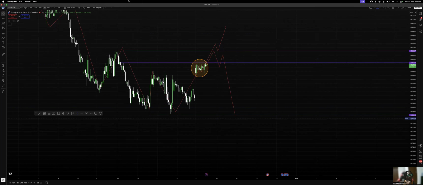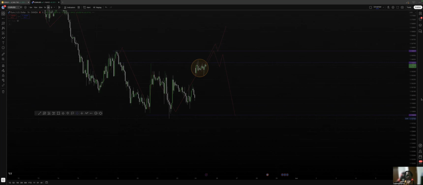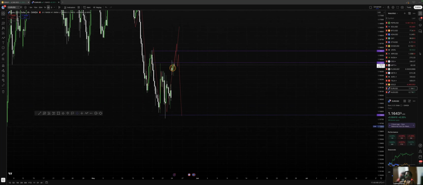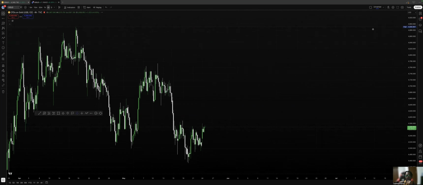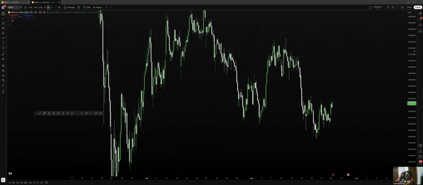So let's just check gold. A quick top-down analysis, just 4 hours to 1 hour. That's all. No need for going to a lower time frame. Lower time frames are just for confirmation of your entry. So on the 4 hour time frame on gold,